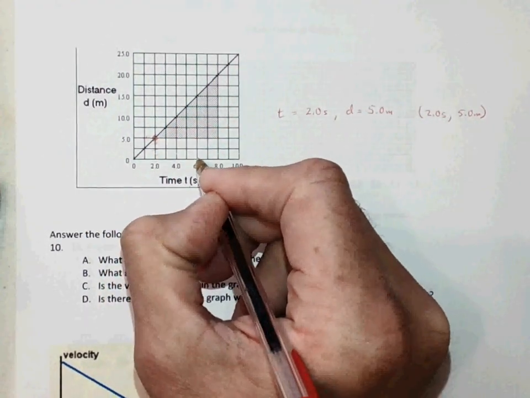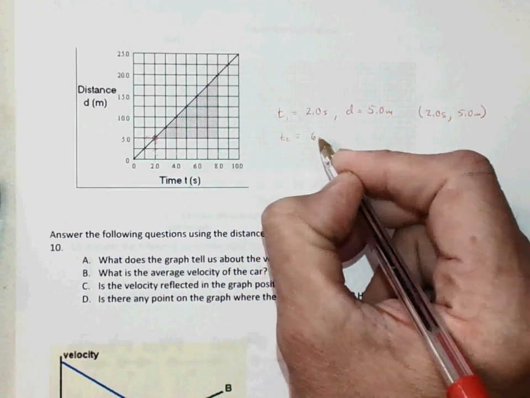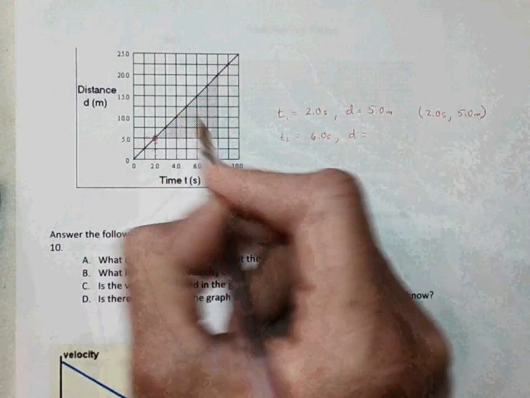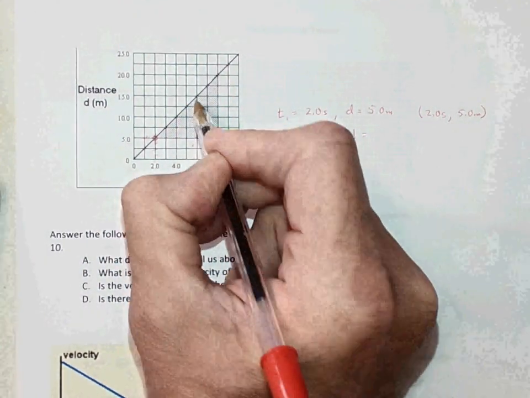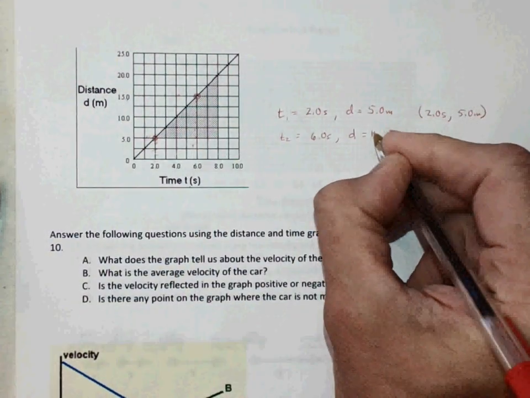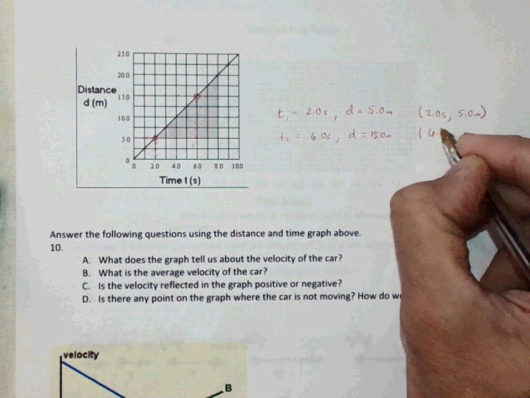Let's just go out here to 6. In some second time I've chosen, 6 seconds, his distance is, let's check this out, up here, over 15.0 meters. Again, if you're thinking math,